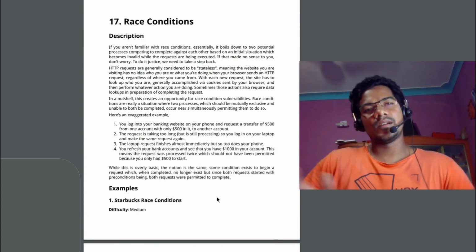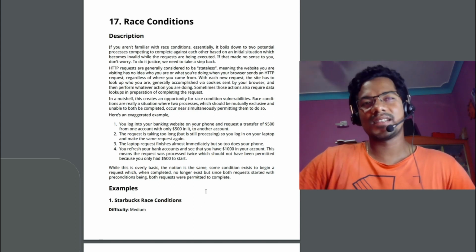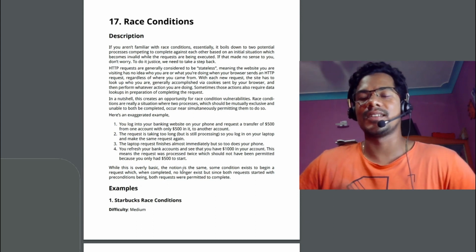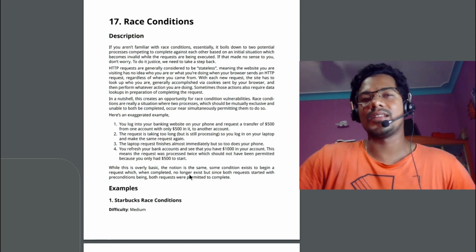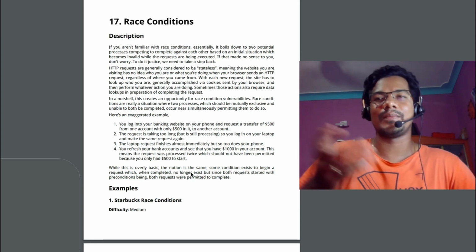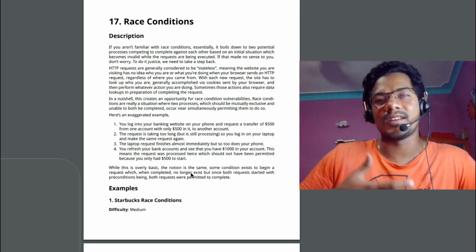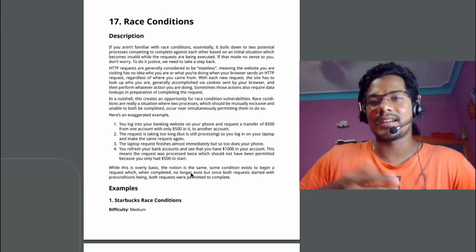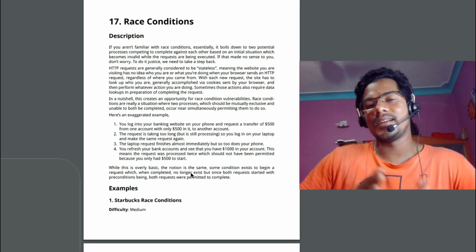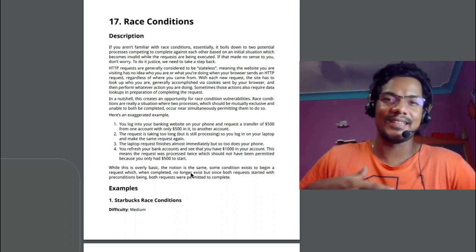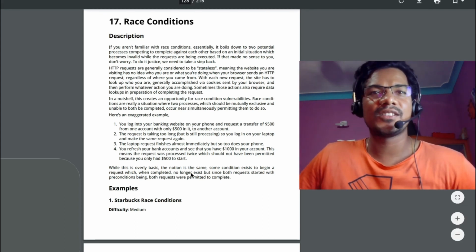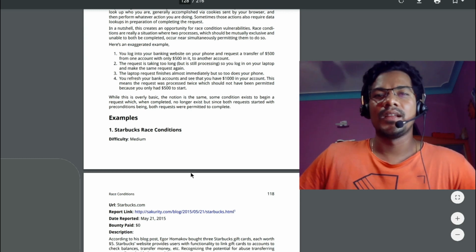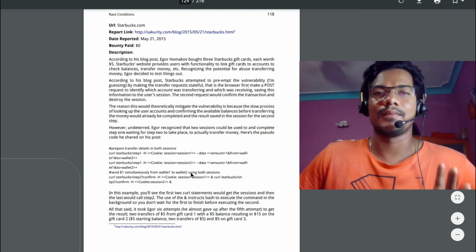Now, race condition is, I would not say technical, but more of a logical bug. Let's say, for example, you wanted to make a transaction, you initiated it, but you didn't get any response. At the same time, you move to another web browser or maybe your PC and try placing the order, and your transaction is again successful. Since you completed the transaction two times, let's say the amount was 500, then 1000 rupees got deducted. That is where this race condition happens. I guess a similar explanation is also mentioned over here, so make sure you read it. It is more of a medium level, but still it is one of the common logical kinds of bugs that you will find in some applications.